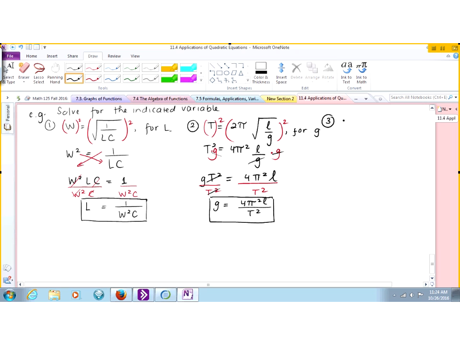Now, this one also has one. What about if I have here A is equal to A naught times 1 minus R squared, and this is for R. Okay, I want you to try. And then you have to give a space, but I'm going to have to copy this. This is the other one. N is equal to half n squared minus n. Okay, so try those two.